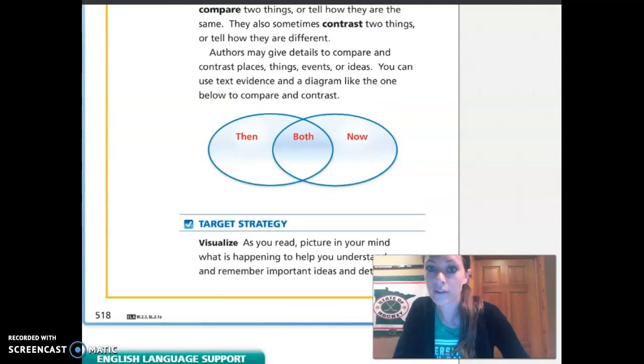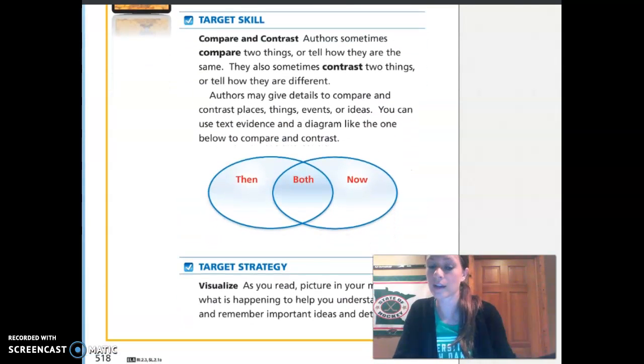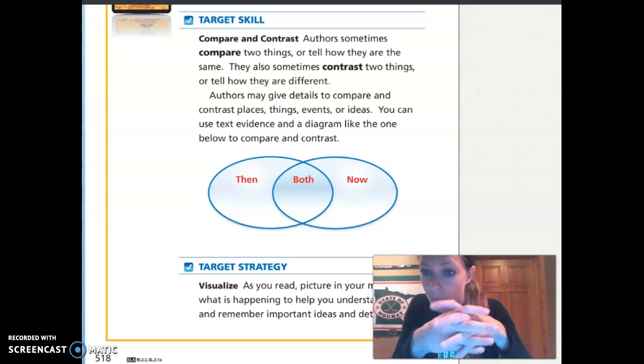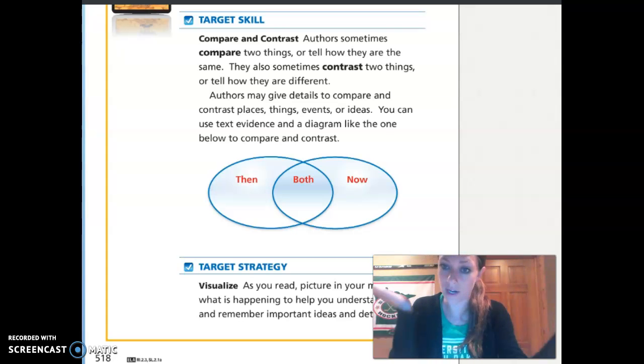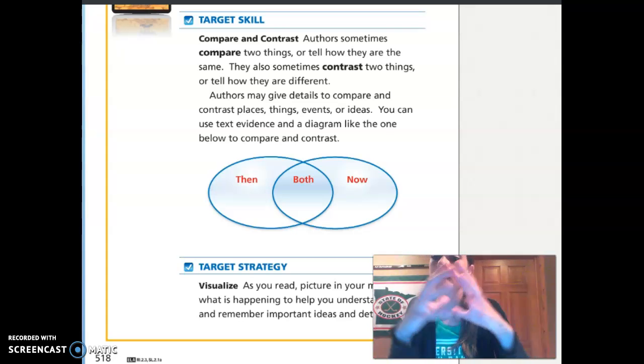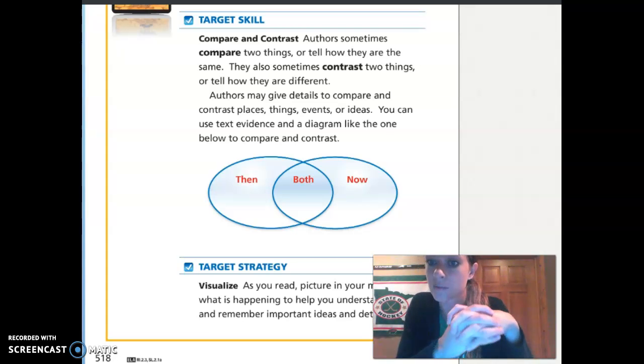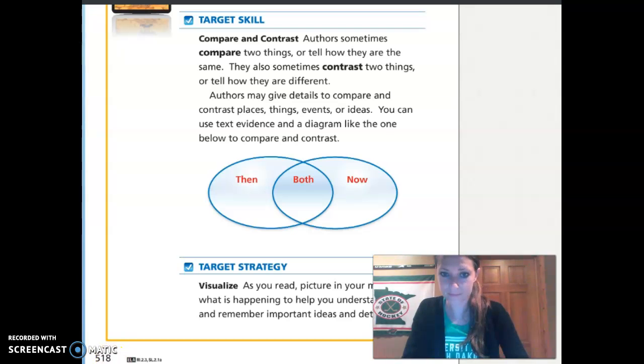So you filled out this graphic organizer, then you compared and contrasted then and now, and then how they were the same is comparing. Okay, so you contrasted then and now, and that's finding the differences, and then comparing is finding the similarities. So our skills compare and contrast, but the strategy to help us with that skill is to